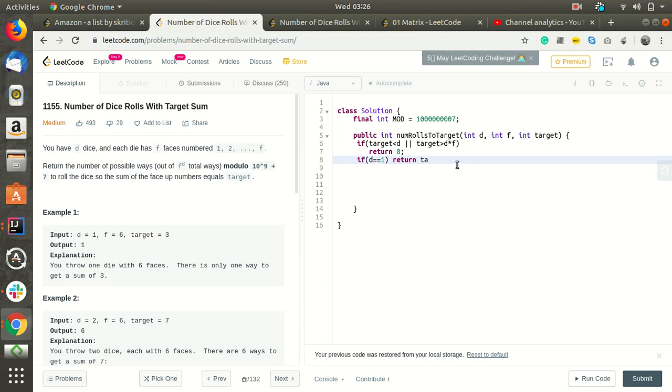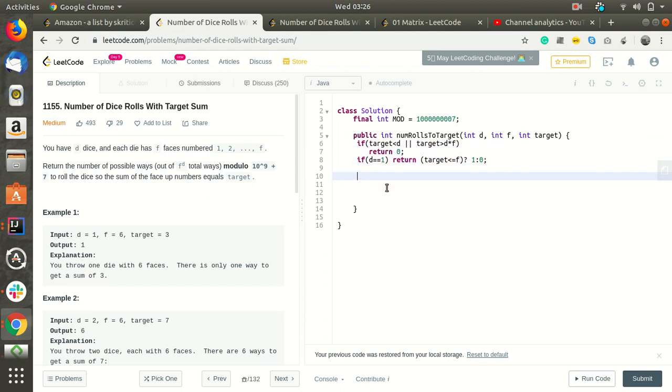So if target is less than or equal to F, in this case return 1, or else return 0. So these are our base conditions.